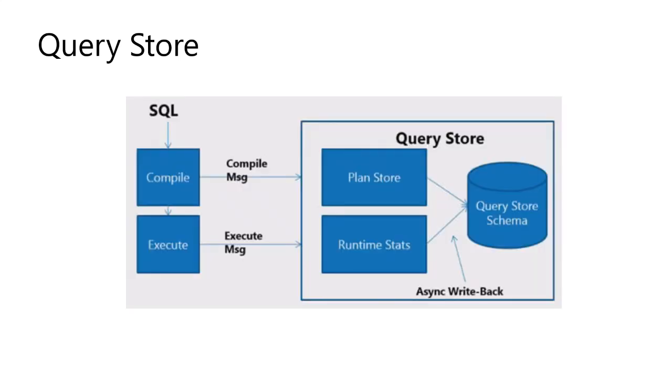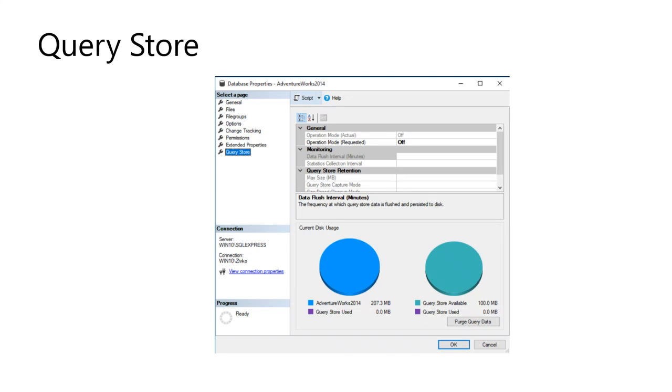How does Query Store work? Well, as we mentioned, SQL Server compiles the stored procedure and then stores the plan in Query Store. Then it gets executed and sends all the runtime statistics into the Query Store schema. This is information that gets stored within the user database. Something to consider here is that Microsoft has Query Store available in all the Azure SQL components, but in SQL Server as a product,